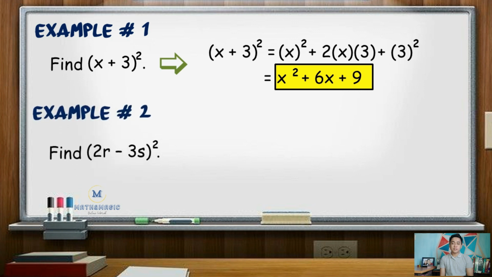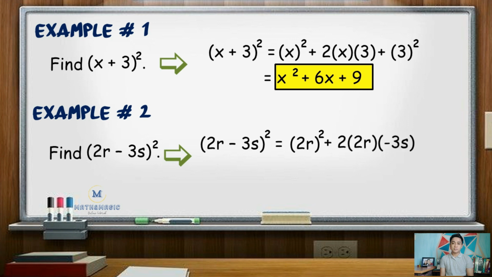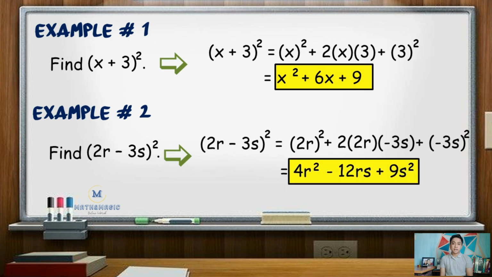Another example, say we are asked to find the square of 2r minus 3s. First, get the square of the first term, that is the square of 2r, plus twice the product of first and second terms, 2 times quantity 2r, times negative 3s, plus the square of the last term, or the square of negative 3s. Next, evaluate the items. The square of 2r is 4r squared. Positive 2 times 2r is 4r, times negative 3s, that is negative 12rs, plus the square of negative 3s, that is 9s squared. Hence, the product of the square of quantity 2r minus 3s is 4r squared minus 12rs plus